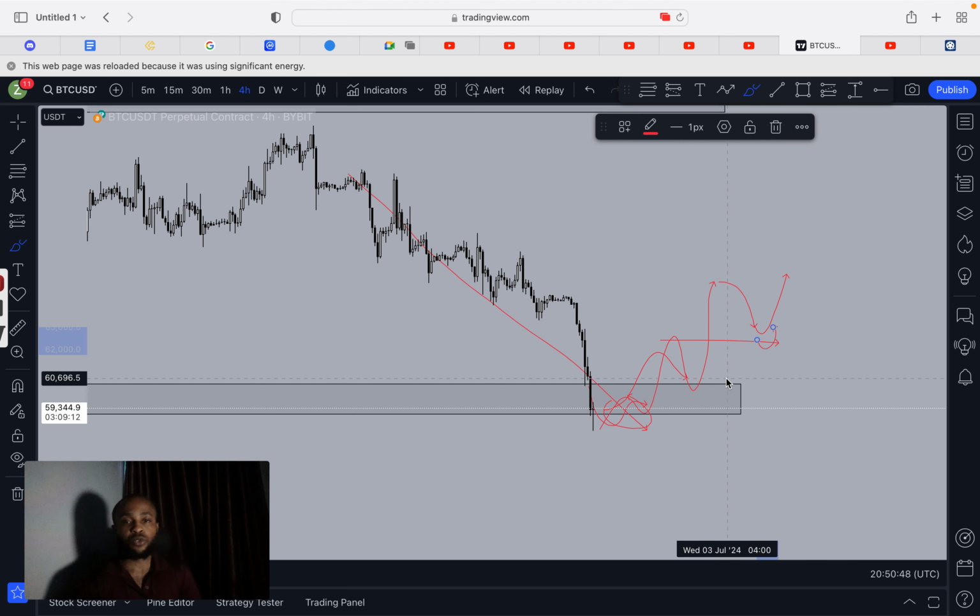Remember the way I said you can start buying most of them is the 40% you've allocated for high risk. Let's say I mentioned about 4 to 5 different coins that I want to buy. How do you buy them? You have $400, so probably $30 to $50 on each of them. $30, $40, or at most $50 on each of them.